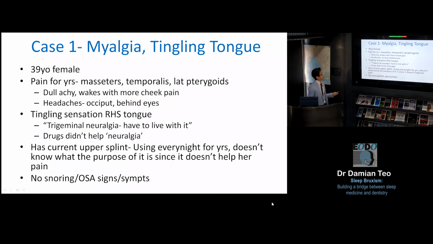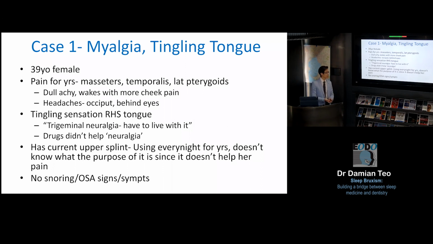So this patient was a 39-year-old female who had myalgia, which is just muscle pain, and a tingling on the right-hand side of the tongue. She'd had this masseter, temporalis and lateral pterygoid pain for many years, a dull ache. She would wake up in the morning with more pain in her cheeks, and always had headaches in the occiput and behind her eyes. She also had this tingling sensation on the right-hand side of her tongue,